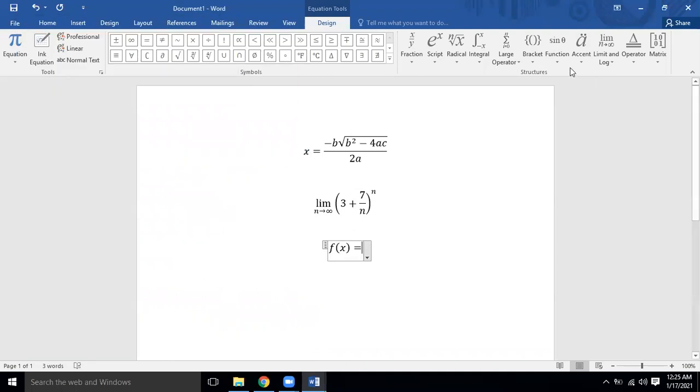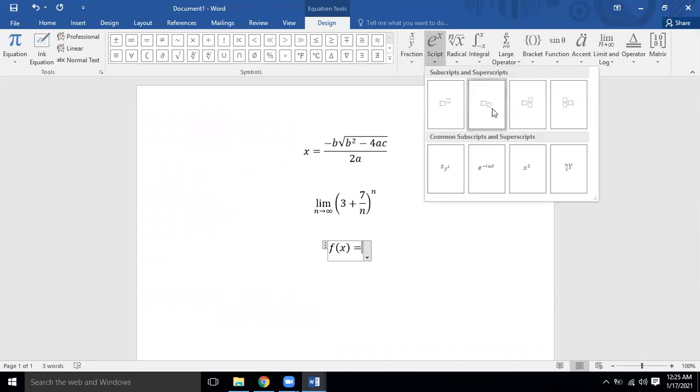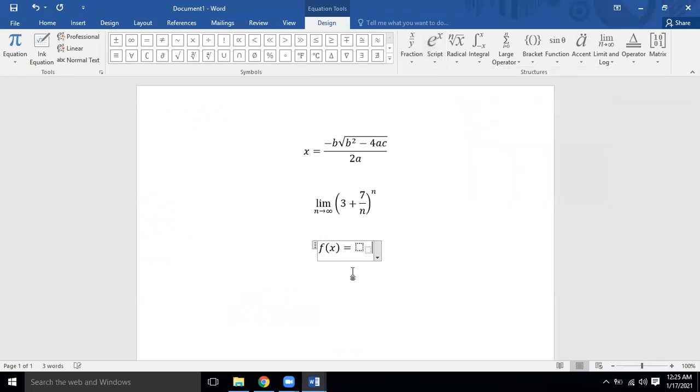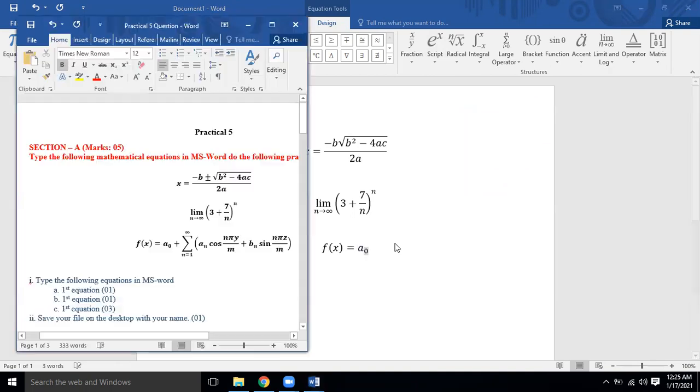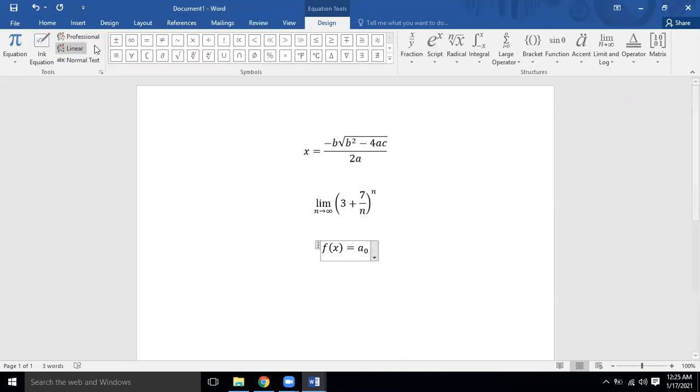a naught. Then we are going to type, you don't write a over here, no, because you will not be able to type naught. You have to go and find the option using which we can give a subscript with a character. This is the option. In the large box I will type a, in the small box I will type 0. Okay, then a plus sign is there, which is normally available. Plus minus is also available, and only plus is also available on the keyboard. I can type from the keyboard as well.